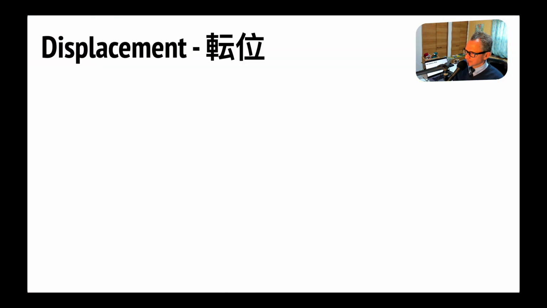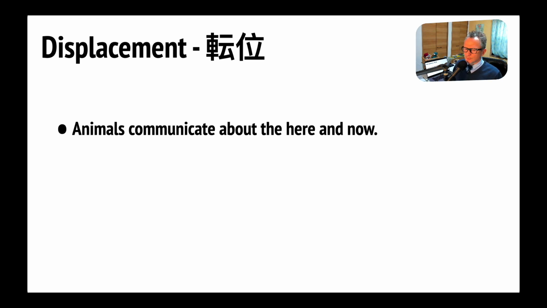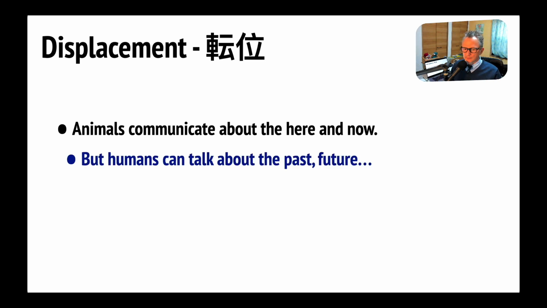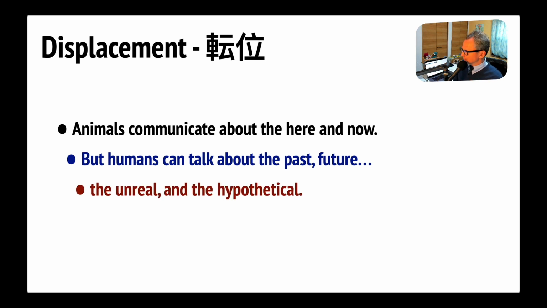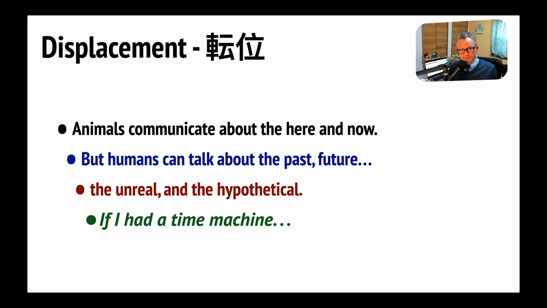Let's go to the next one, displacement, which in Japanese is teni. So animals generally communicate about the here and now. There are some exceptions, but we humans can talk about the past and the future. What did you do yesterday? What are you going to do tomorrow? But we can also talk about the unreal or hypothetical, right? So if I had a time machine, right? If I had $1 million, if I lived in